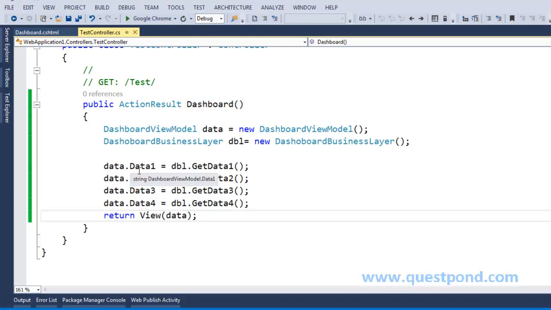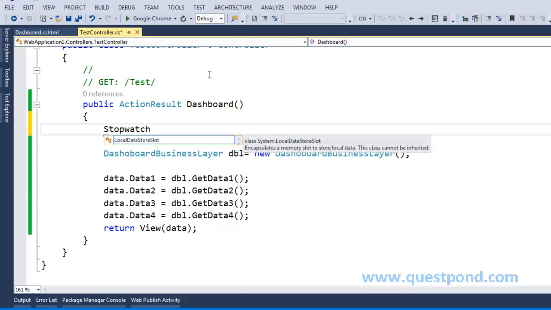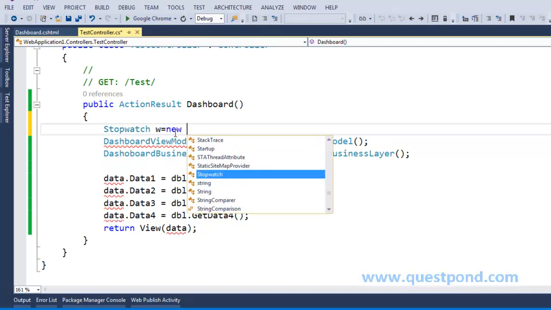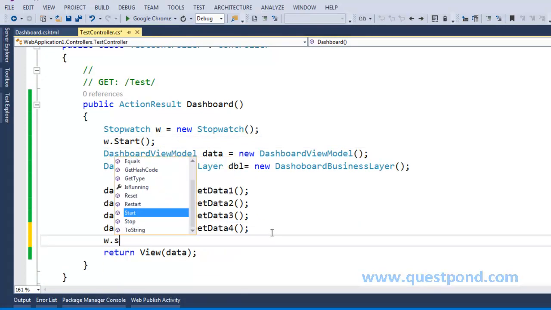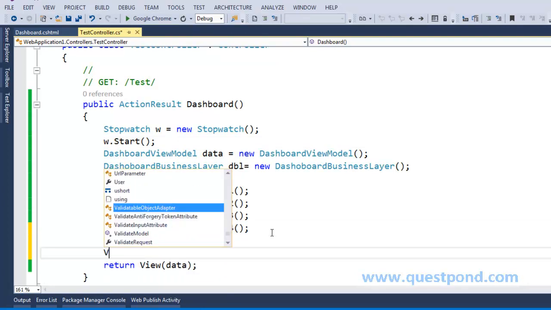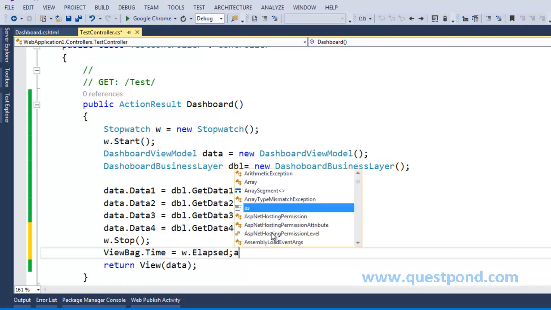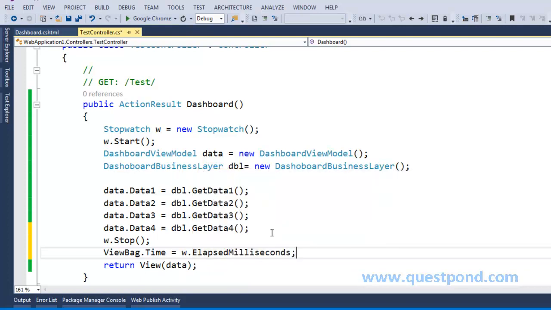Now just to make sure that it's actually taking 4 seconds to execute, I'll create a stopwatch here. For that we need to add the using statement: Stopwatch w = new Stopwatch(), and I'll say w.Start, and then here w.Stop, and I'll simply add data inside the ViewBag, ViewBag.Time is equal to w.ElapsedMilliseconds and semicolon.